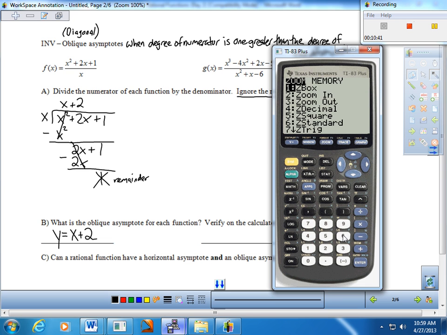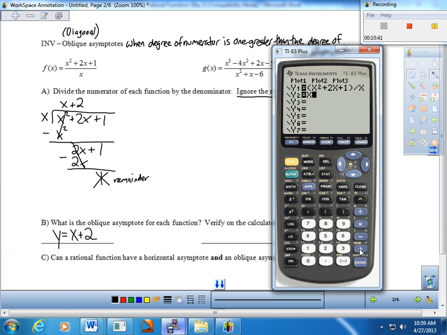I'm going to zoom standard, and notice, of course, there's no horizontal asymptote, right? So as I go to the left of my graph, this is really just shooting down. As I go to the right on my graph, this is really just shooting up. But rather than just talking about it in very general terms, we can be a little more specific with those function values. They seem to be approaching, and if you can see, there's a boundary there, isn't there? Even though I haven't put it in just yet, it seems like there's a boundary off to the right and left,